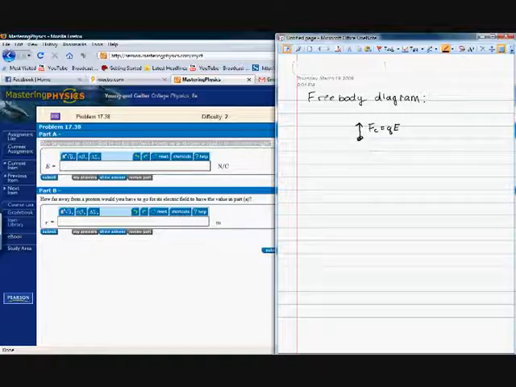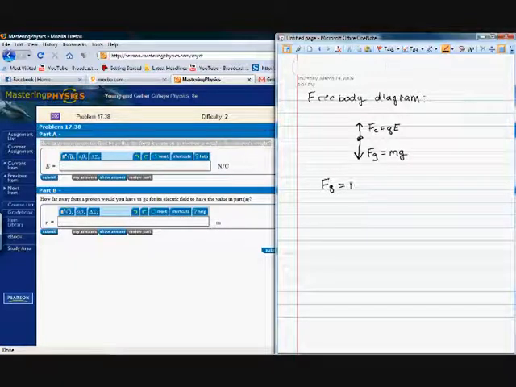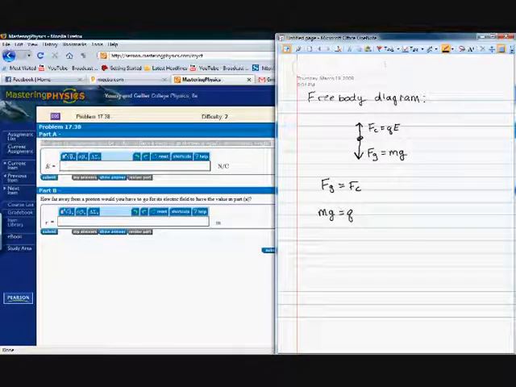Now this force is equal to QE. In this case it can also be equal to kQQ over r squared. We know that the sum of the forces has to be equal to 0, so we can say that the gravitational force is equal to the Coulomb force. mg is equal to QE, and solving for E,